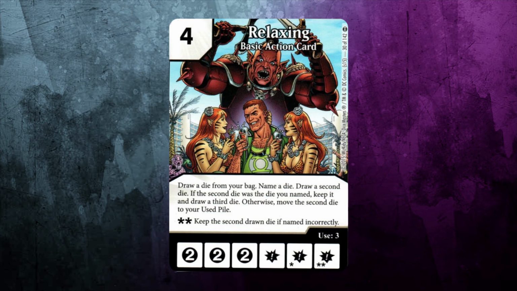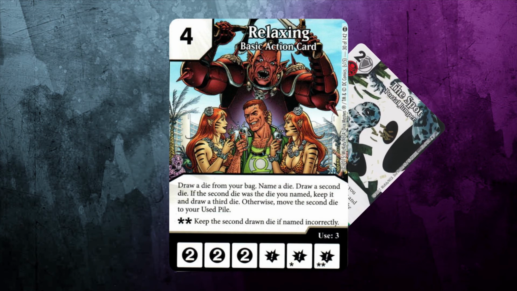And WizKids has ruled on this card that every time it says draw a die from your bag, you also roll that die. So you would draw and roll a die, name a die, and then draw a die, and if it was the die that you named, then you roll that die, and then draw a third die and roll that die. So when you apply the Spot's ability to it, it gets a little complicated, but in